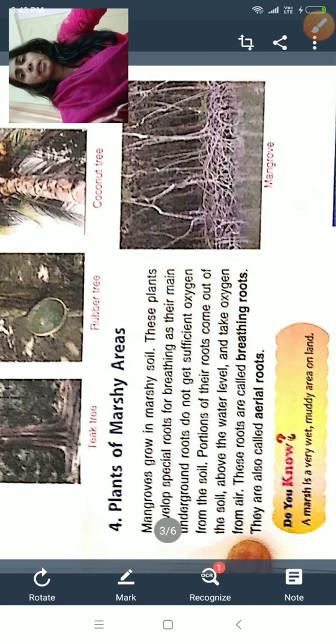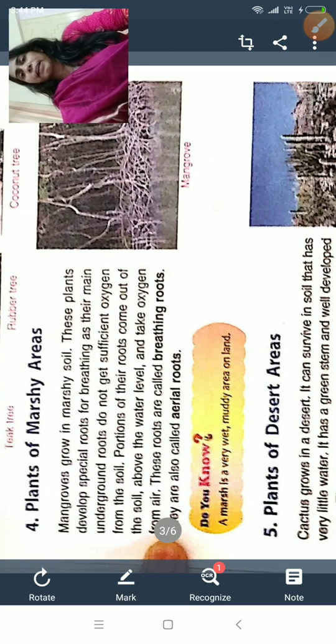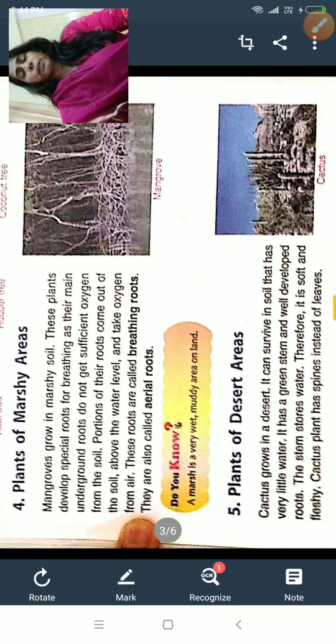So in those plants aerial roots are there, and they are also known as breathing roots, because through those roots they take in oxygen from the atmosphere. The mangroves grow in the marshy areas.